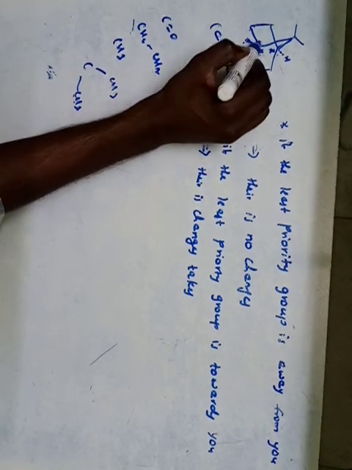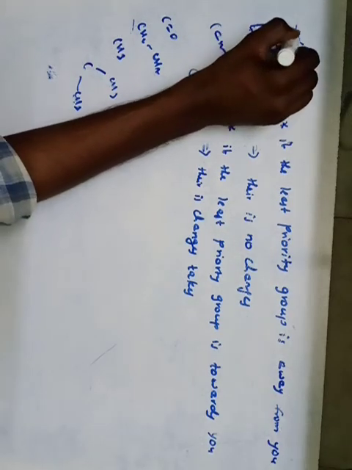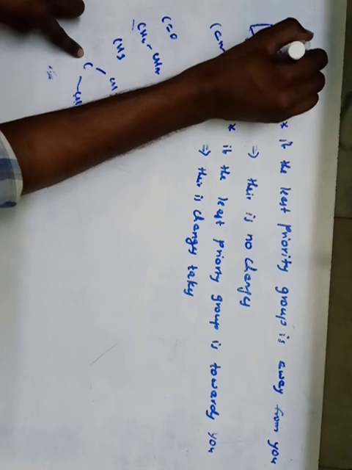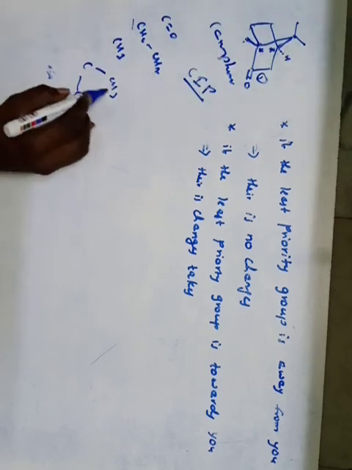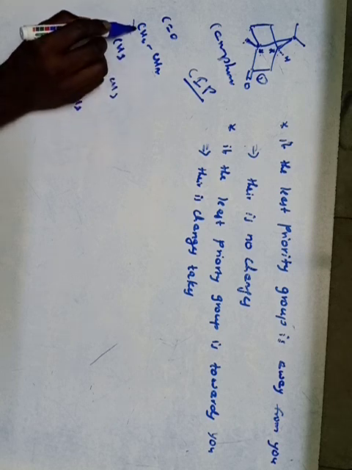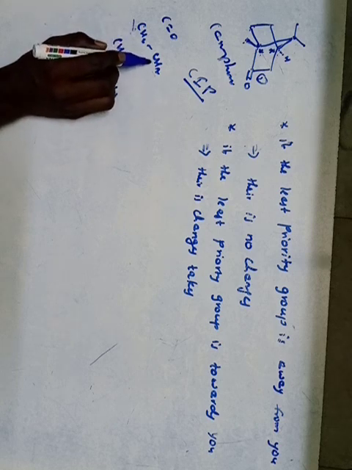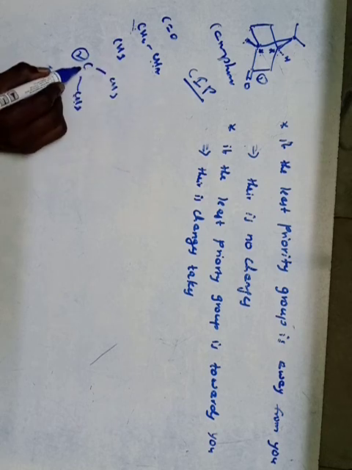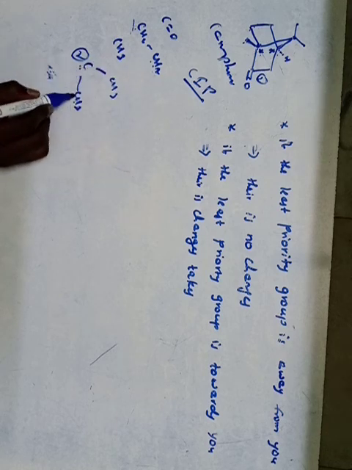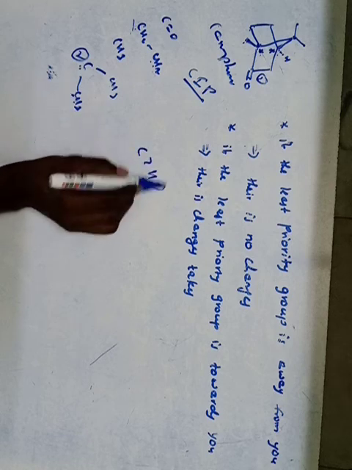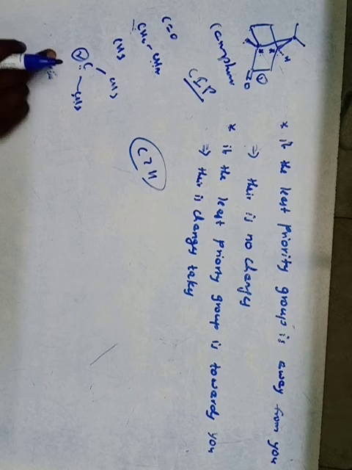Here, see, this is the carbon, and again attached to this carbon atom, and again to this carbon atom. So the second priority is this one, because here the carbon is attached to carbon, and next it will be attached to hydrogens, but here carbon is attached to carbon and again also to carbon. So C is greater than hydrogen. That's why we have to give the priorities for this one.